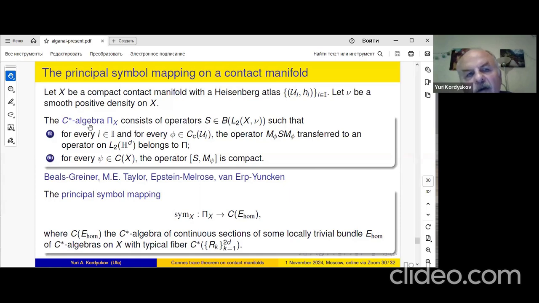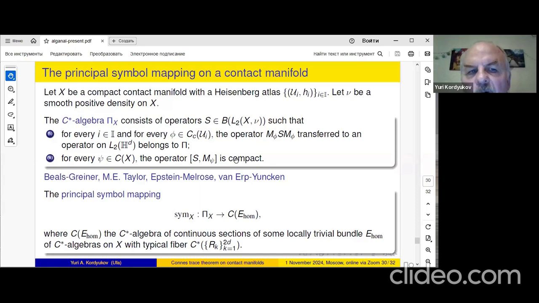And we take the algebra, which is locally defined: when we have a locally defined function supported in a chart, then this operator belongs to pi, this locally defined algebra of operators. And this roughly means that outside of the diagonal, this operator is compact. So as for pseudo-differential operators, really, it's important what we have near the diagonal. Outside of the diagonal, we just have